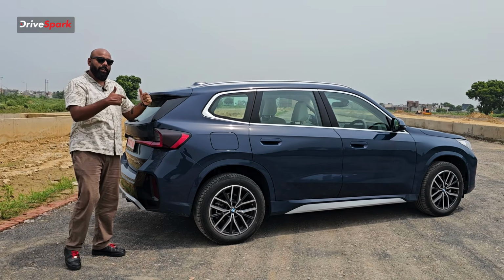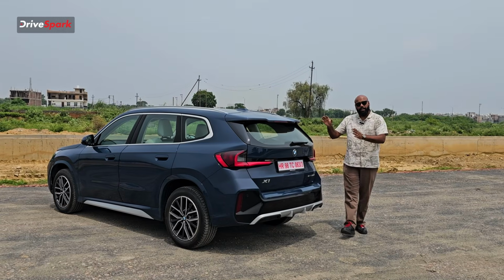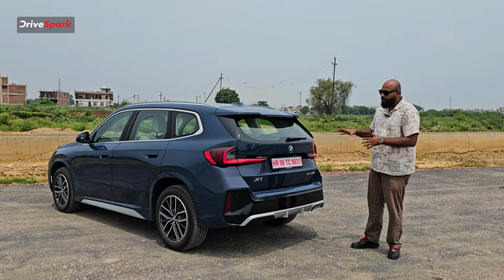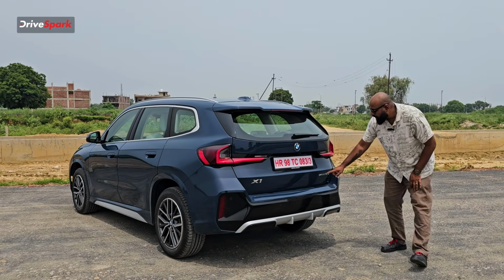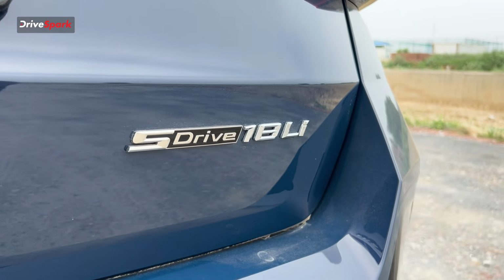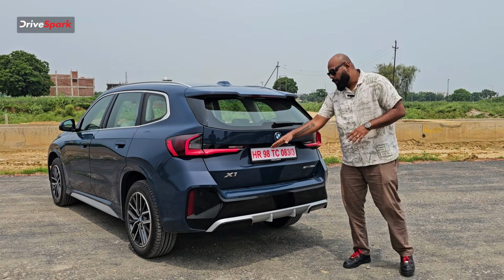And now let's move on to the rear section and tell you what you get in the X1 at the rear. So that is the rear section of the X1. Now let me tell you the badges that it gets. You get an X1 badge over here, and on this side you get an sDrive18i badge. So these are the 2 badges that you get, and this is the only chrome part that you get